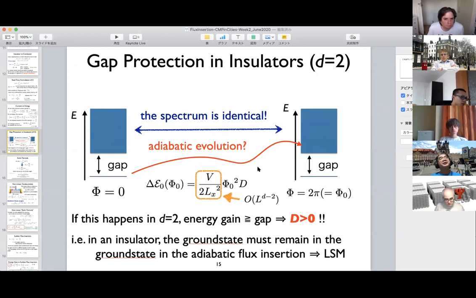First, I don't know of any really established example, like some model which shows a gap closing at an intermediate value of phi numerically or something, but what I thought of as a possible example